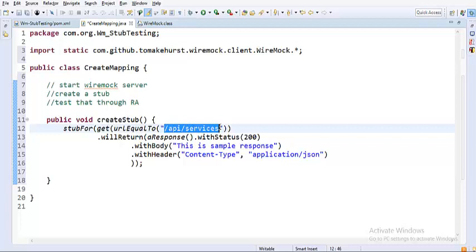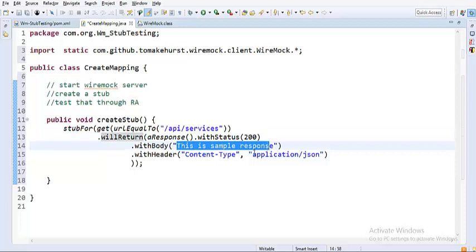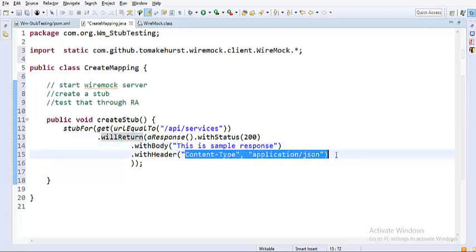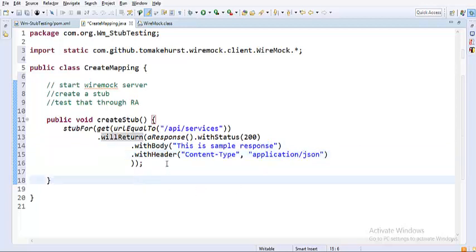Right after localhost colon 8080, you need to append this context URL that you have seen in Postman. When you hit this endpoint with a GET call, it will return a response with status 200, the body is a sample response, and the header is content type, which is application slash JSON. This is my stub right now.